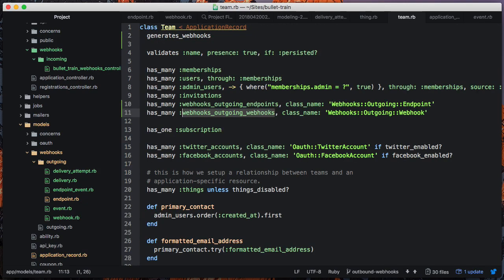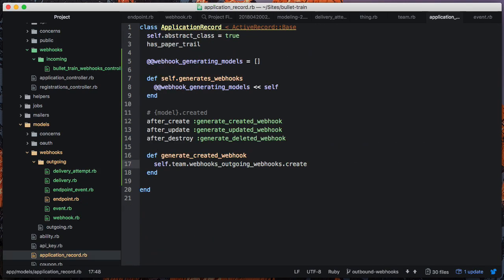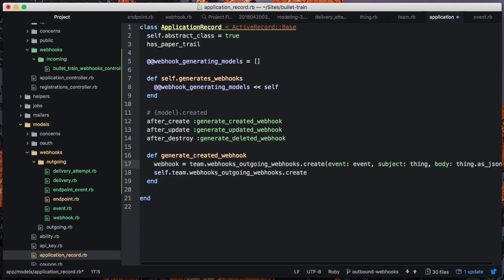Like this. So we'll just say team. Good. Webhooks outgoing create. What is the event? The event is